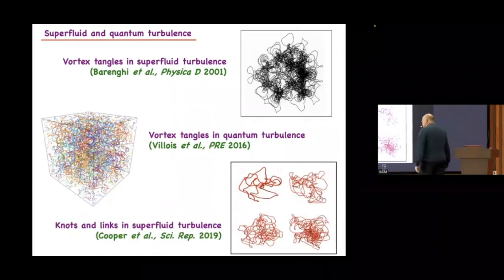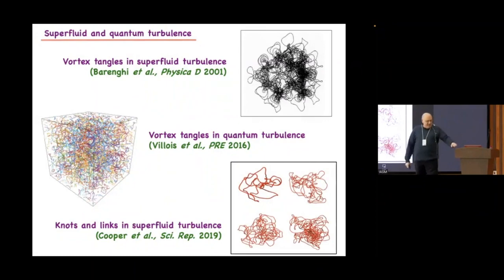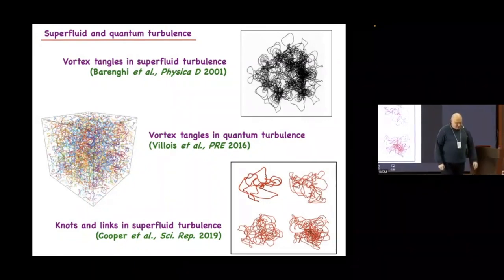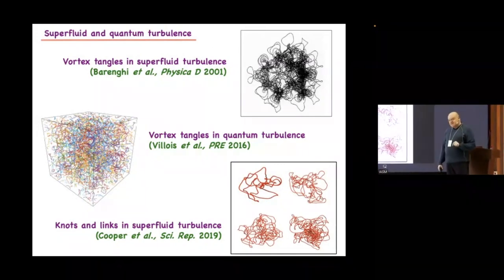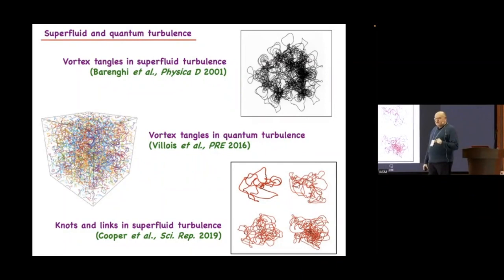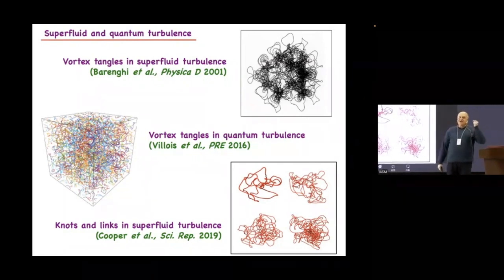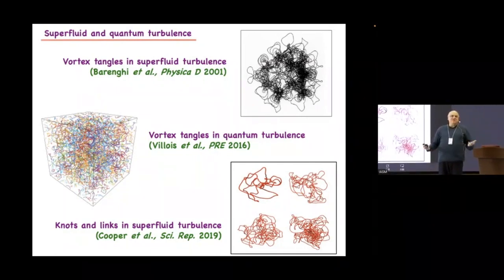And then the fact that I probably intrigued Carlo Barenghi's group to do work on finding knots and links. I remember the words of Keith Moffatt long time ago visiting Japan, saying, Renzo, there's no point to look for knots. At least you go for the trefoil, maybe something more complicated, but they all decay, so you don't get anything more than that. Yes, in classical vortex dynamics, absolutely, I believe that. But in superfluids, it's a different story.